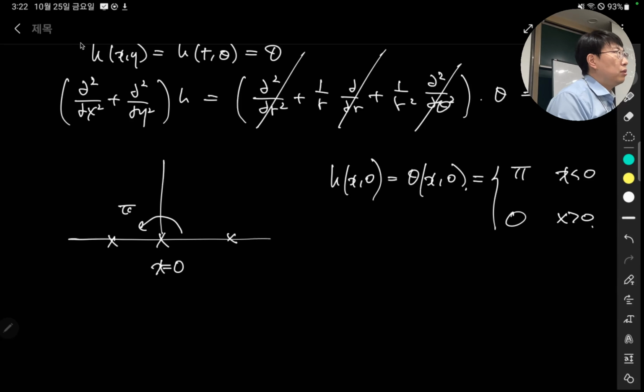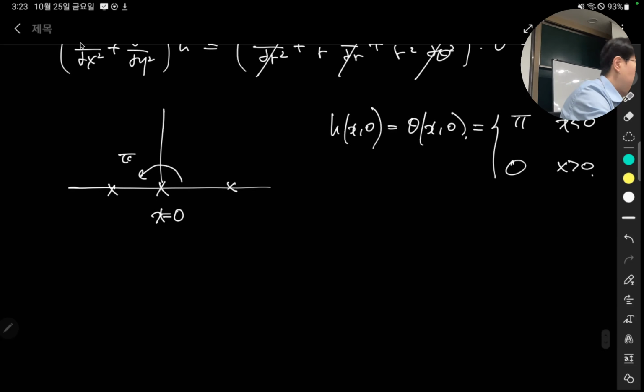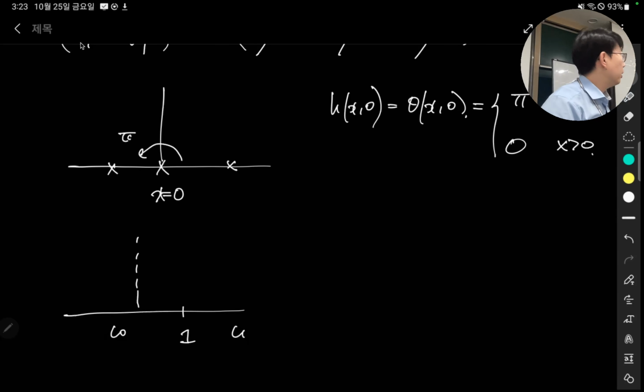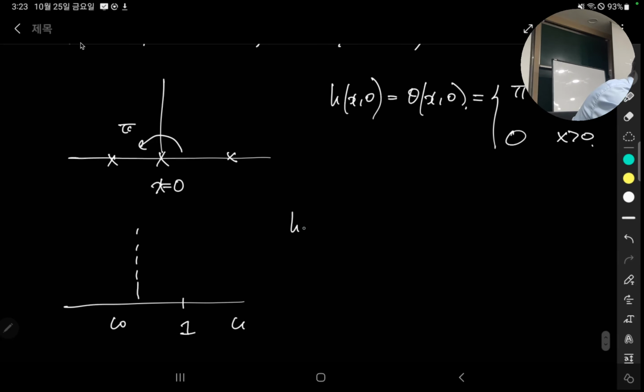Now I want to control this. I don't want the value to change at x equals 0. What if I want to change it at a certain point, when x is 1? Okay, so maybe I can just make it a specific point. Let's say I have 1 as my point where it changes the value. So for example, if it's C0 on the left-hand side and C1 on the right-hand side, how can I make a map? So let's think about h(x, 0) equals